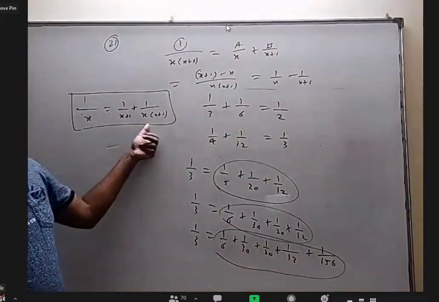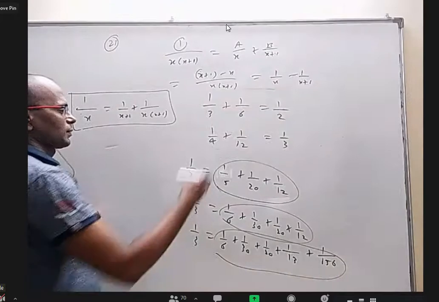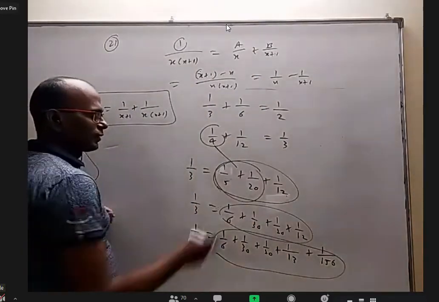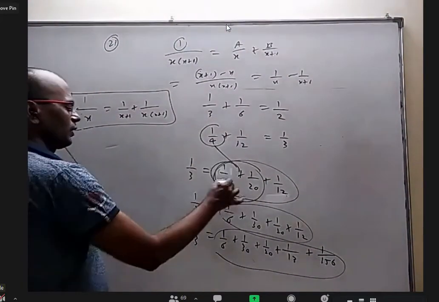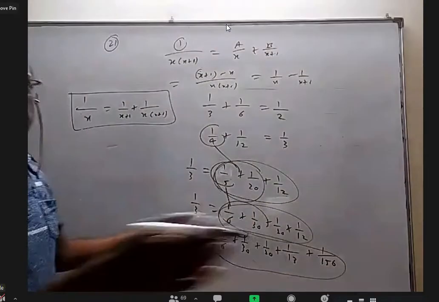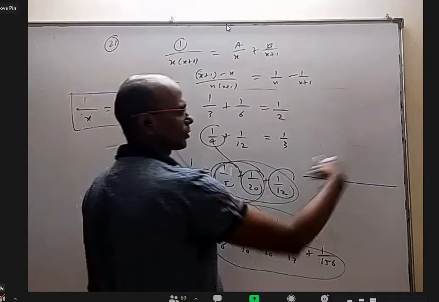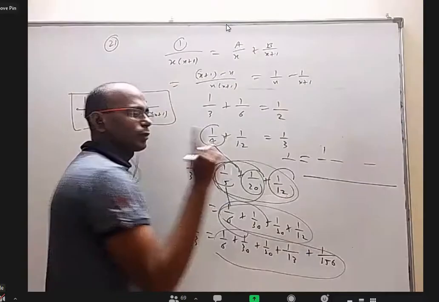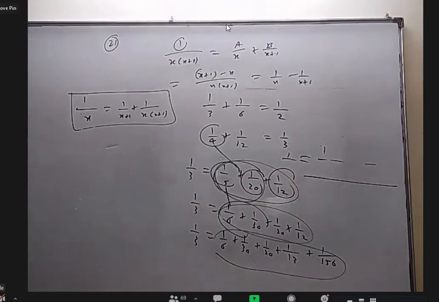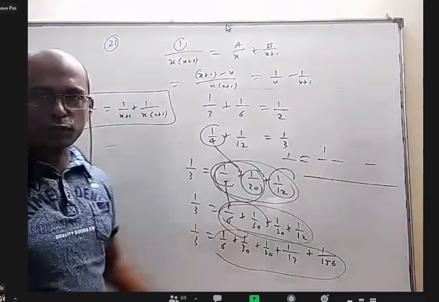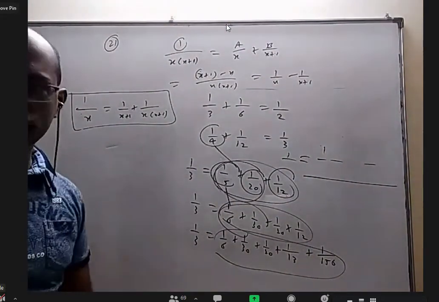These two I understood based on this formula. How did I make this? Sir, we will take 1 by 4 as x. Yes, for 1 by 4 I just wrote this, right? For 1 by 5, I wrote this using this formula, right? So like this you can make them now. Use the formula for this, use the formula for this. You can write the sum of some 20 things which are all reciprocals of natural numbers, each 1 by a single natural number. You can make questions. So one thing is solving the question; another thing is understanding how the question is made, so that it gives better confidence and you can make your own questions.